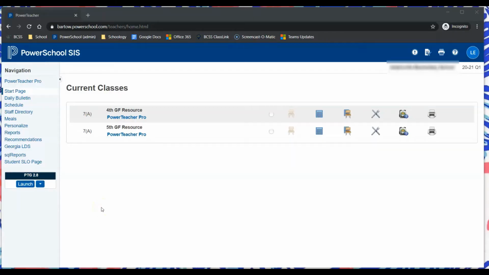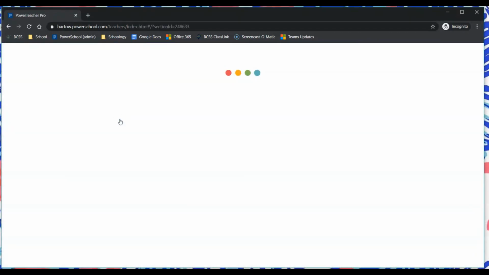When submitting grades at the end of each quarter, semester, and then at the end of the year, you want to make sure that students do not have anything lower than a 50%, and that's board policy. So to do that, you want to log into PowerTeacher, click on your classes,